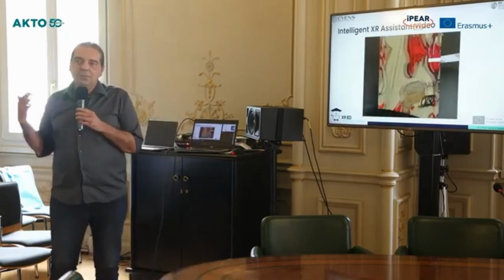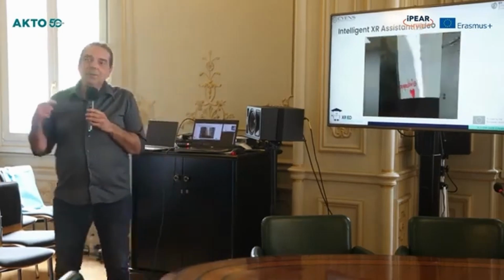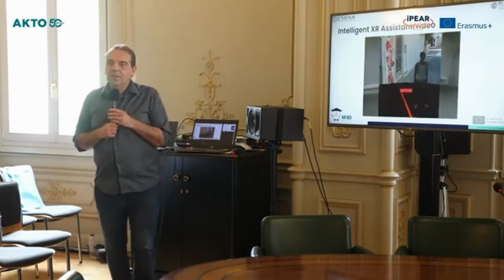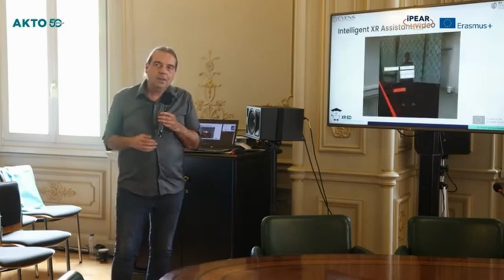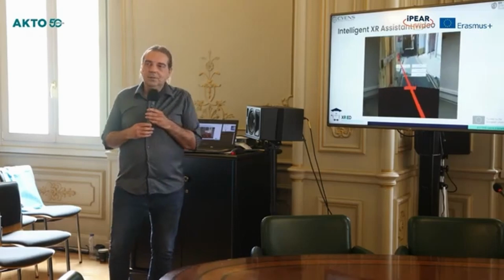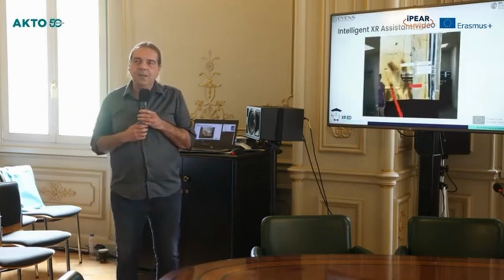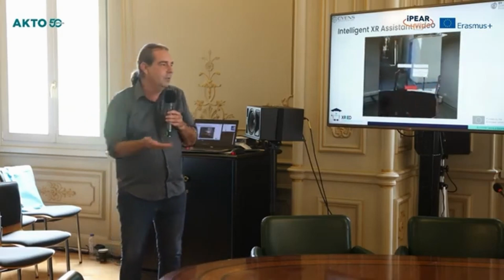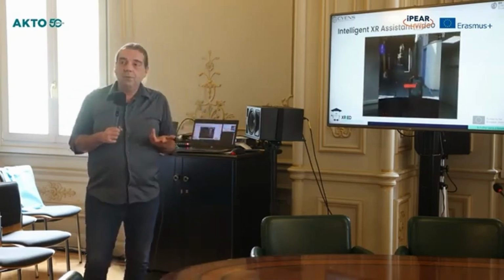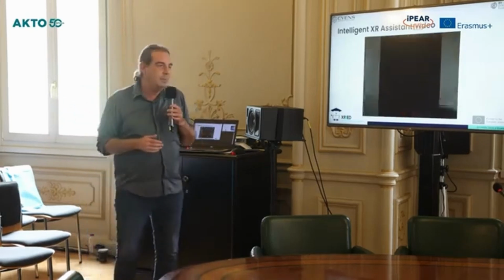But then we decided, let's move into MR or XR. So we have some panorama images, and now we can move into different locations in Nicosia. And it's down to the teacher to change panoramas. Of course, we're still in the lab, but we can transport into different places in Nicosia. Of course, I can do it for any place in the world. If we have a panorama, or if I have a 360 video, we can just blend the environment and move into a pure mixed reality environment.